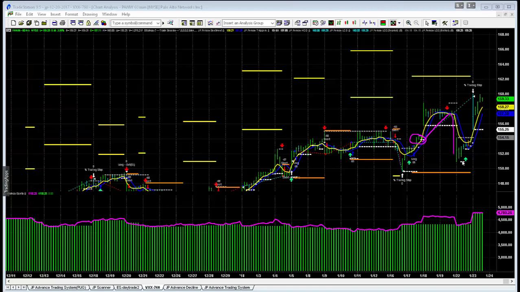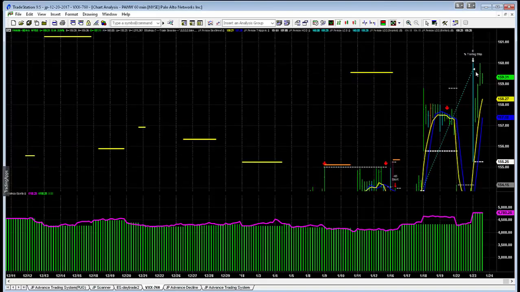It came down, it broke down, and it never came in harm's way of the stop. You took a little bit of heat the next day, and look what it did. On a trailing stop basis, there's the profit target, and it did what it was supposed to do. It got out on a trailing stop feature. If we examine this, the market was trading up, and it immediately stopped out with a profit.